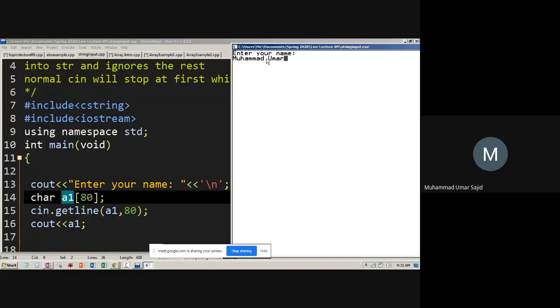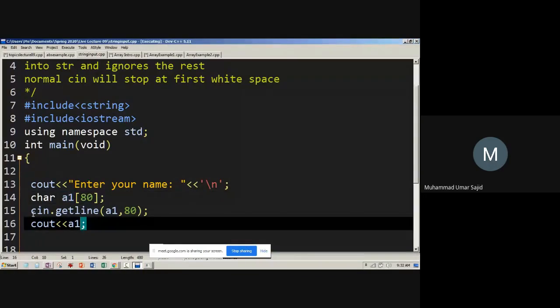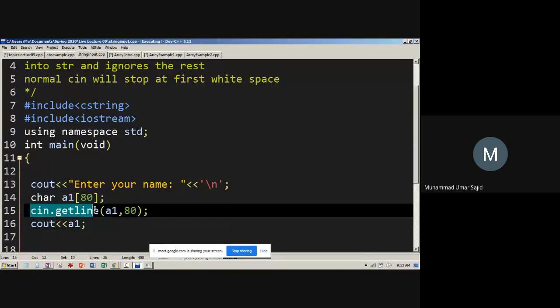I mean, the string. Let's say you want to write a name, or a class ID or email address or anything which has white space, or maybe no white space at all. So for that, if you are taking in multiple input, you need to use something known as the getline function. This is the member function of the cin object, and this getline function belongs to the cin object or cin class,